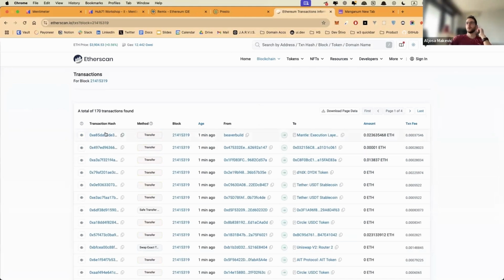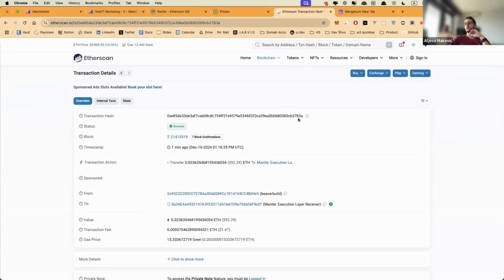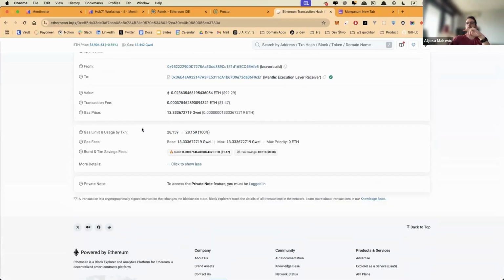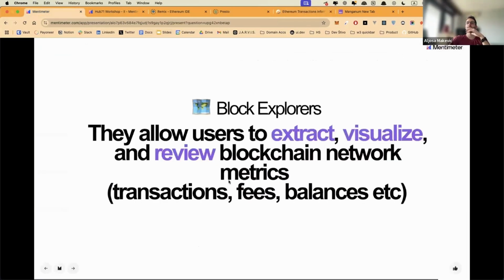So this transaction happened 12 seconds ago. I can see its own unique hash, which is kind of like the public address of a wallet. Transactions have that too, but that's unique. I can see, okay, this amount of ETH was transferred to this address, and that cost this much gas fee. So they paid $2 to transfer $93 somewhere else, and I can see other details and stuff like that. So every chain needs that.